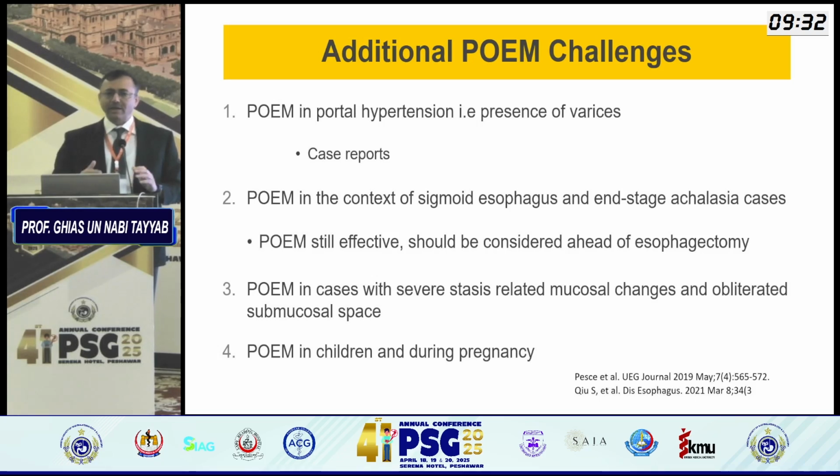In people who have an advanced degree of disease, we straight away say, look, no treatment is going to help, go for esophagectomy because there's a high risk of cancer. But over the years, there have been a number of reports that even with these advanced, grossly dilated esophagi, which we call megaesophagus with sigmoidization, once we do the muscle cutting, over the years the lumen gets straightened and people improve in those cases as well. Can we do it in people who are suffering from cirrhosis with significant portal hypertension?